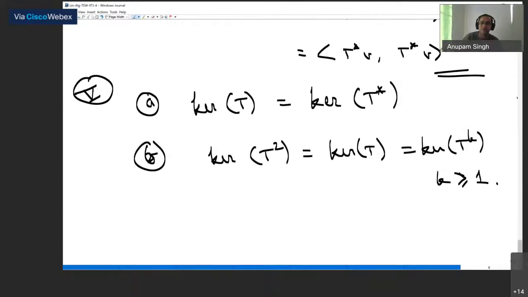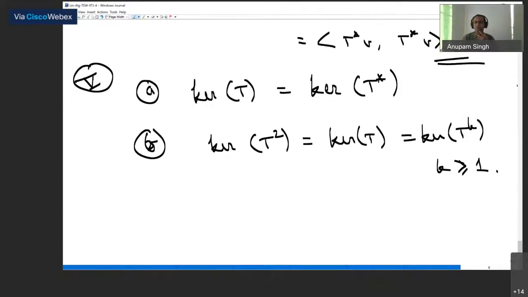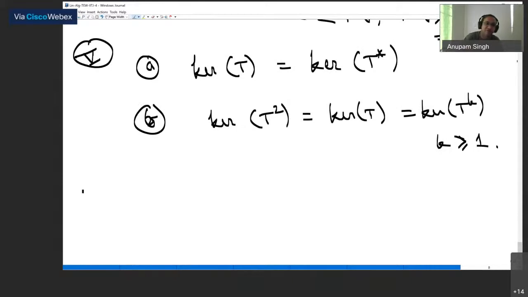So this is a very useful property, and this is what is going to help us achieve the structure theorem. So let's prove this. This requires a little bit of effort. So we'll prove this. The proof of the first part A is easy to prove